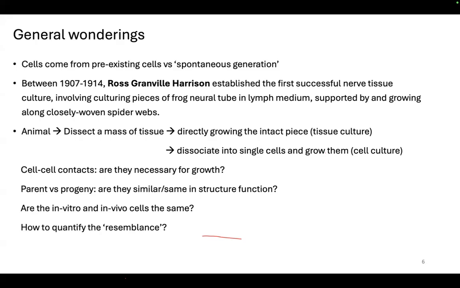Now the two cells may have the exact same identity as the previous cell. Initially, both cells will probably be exactly the same as that parent cell. So parent and progeny, or parent and daughter cell, or mother cell and daughter cell. These are the terminologies you might hear. Initially, those two daughter cells will resemble the parent cell, but whether they continue to remain that or not depends. When we talk about cells being divided into different lineages or different identities,